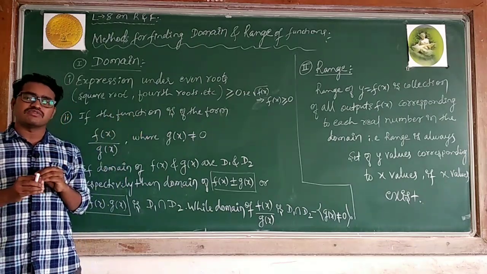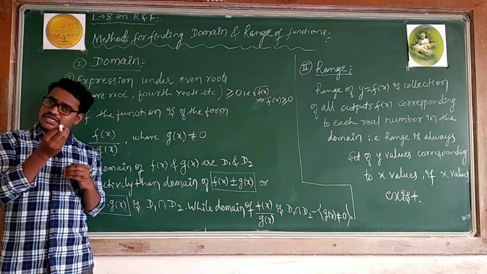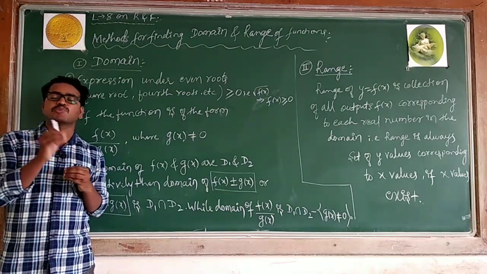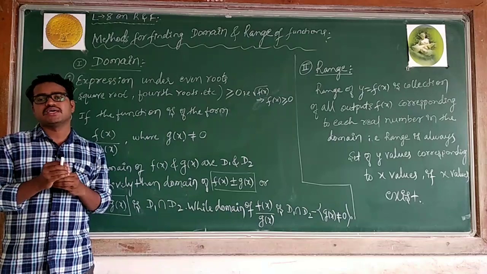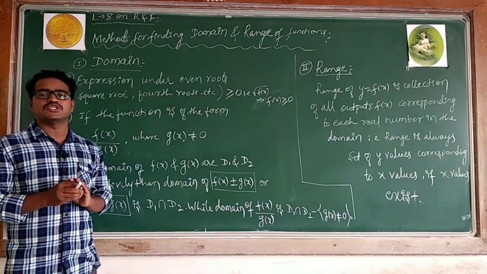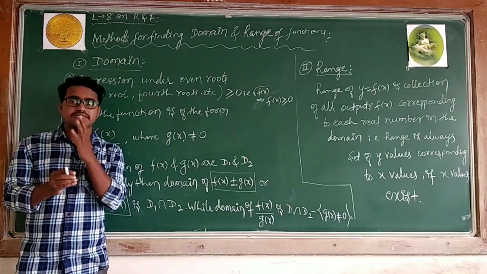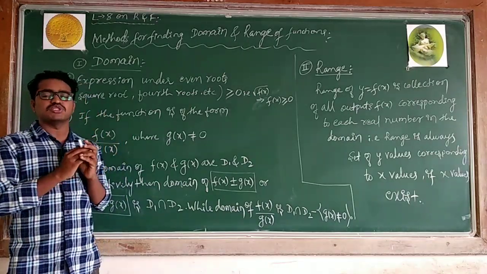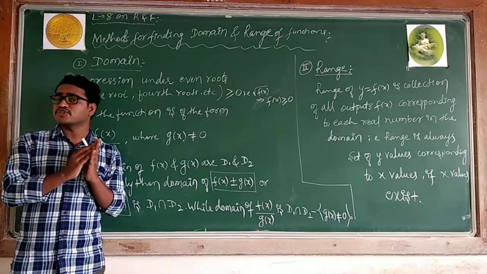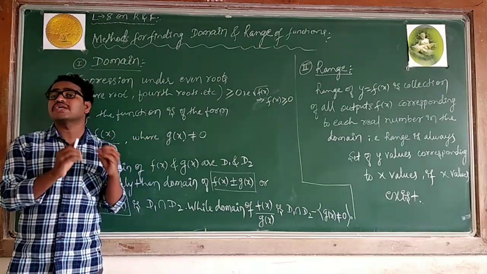Whenever there are possible values of x, those are considered as the domain. Corresponding to the domain, we will get values of y. When we are getting values of y, that is considered as what? A range. While finding domain and range, you have to concentrate on the given functions. You have to check whether the given function is possible to define or not. If it is not possible to define, we will not get a domain and range.